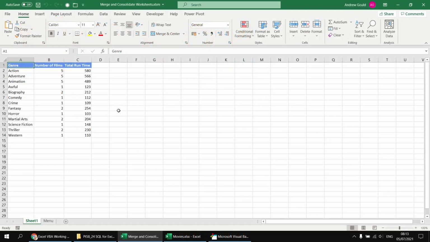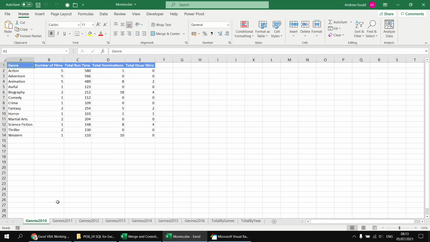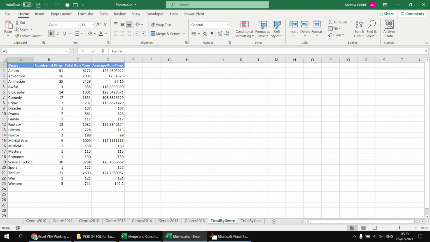The aim for this video is to consolidate all of the individual worksheets in the Movies workbook into one single list. So at the moment we have a separate worksheet for each year in the Movies workbook, and on each worksheet we've grouped our films based on the genre they belong to and created some basic aggregates. That pattern's repeated across all of the different sheets, although you can see that there are different genres in each of these yearly sheets. What we want to do is build a single list that shows all of the genres